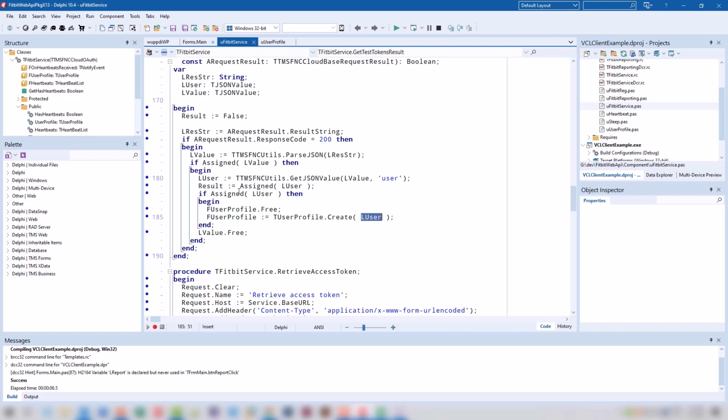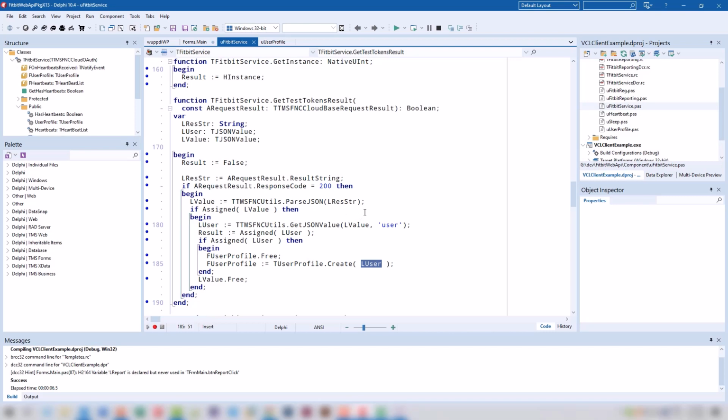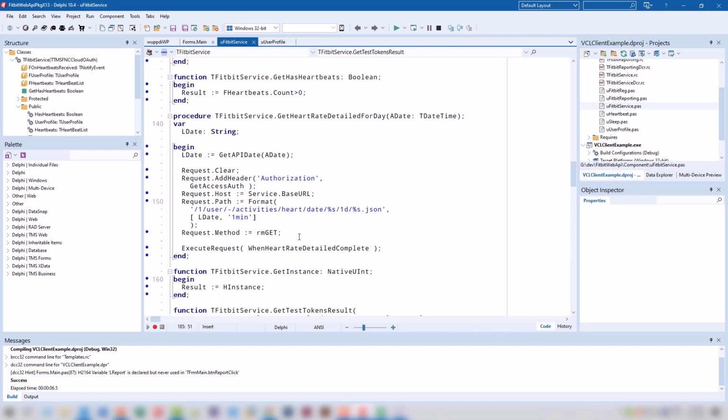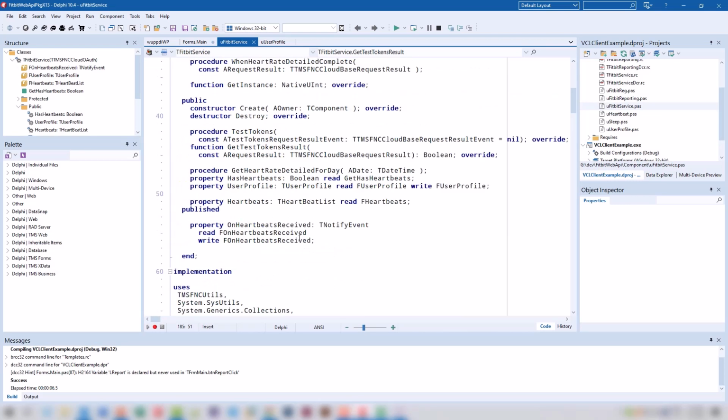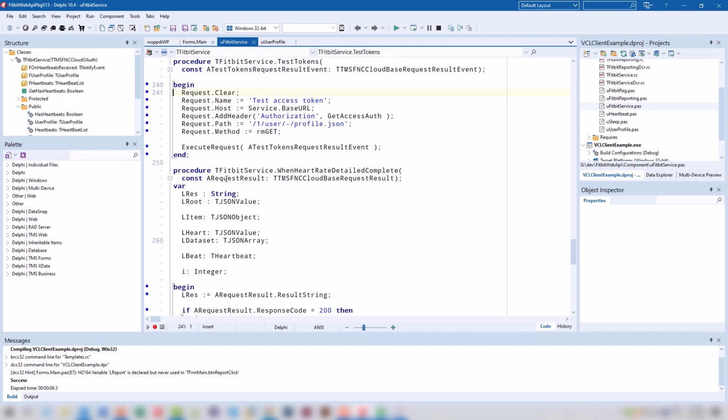Another thing, and that is really the final thing that I had to do in order to read the user profile information, that is something I missed at the beginning. So let me go back to the request in test tokens. And that is something you have to be aware of with any web API that you're going to use. I'm going to request user information, profile information.